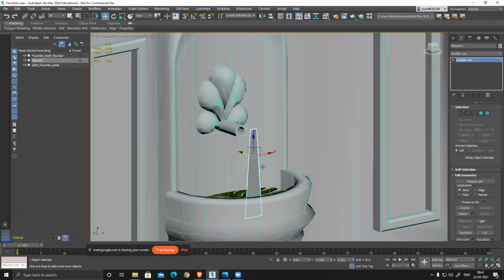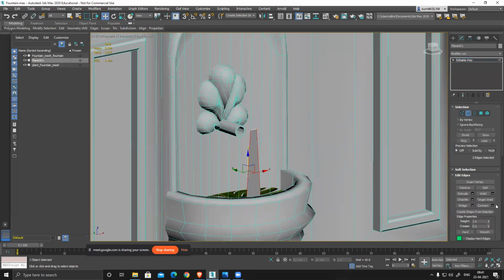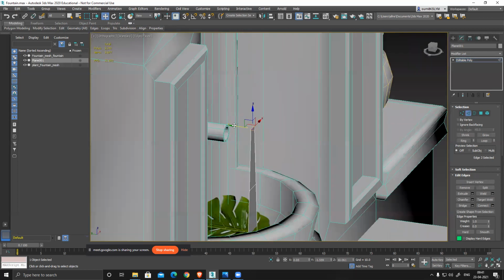Now I need a few cuts, definitely a few cuts here. So I'll select this, connect, I can move it here, or move it here. Select this one, chamfer it.